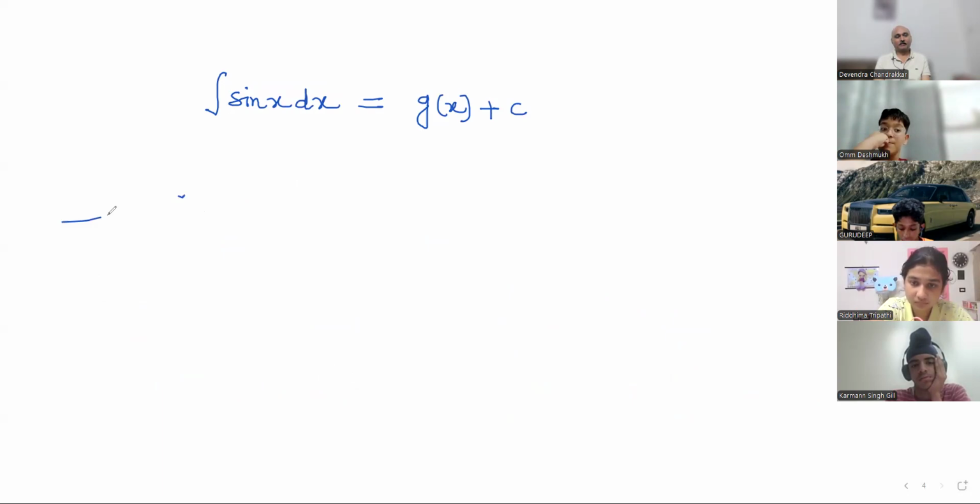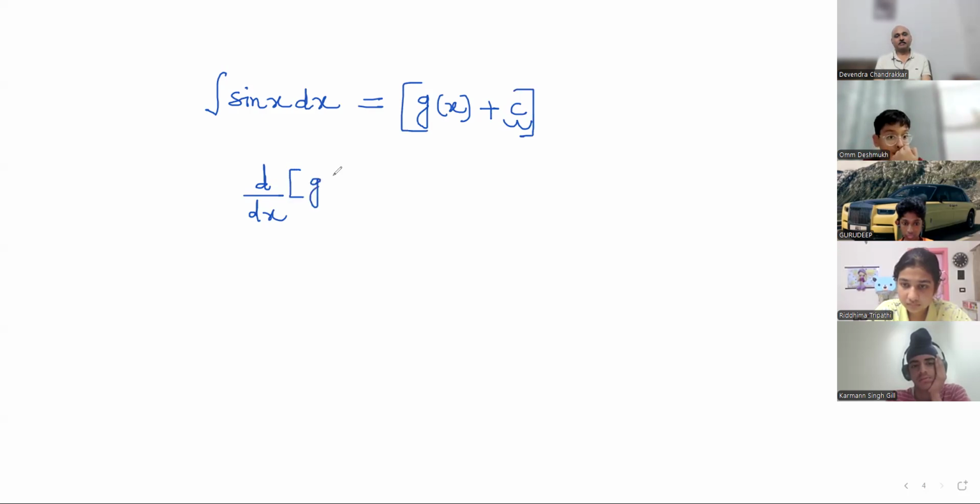But you also know that differentiation of constant is 0 and this sin x should be differentiation of g(x). Yes or no? This entire function, this sin x is differentiation of this function. Yes or no? Yes, sir. So now think, c तो constant है, c का differentiation तो वैसे ही 0 होगा,